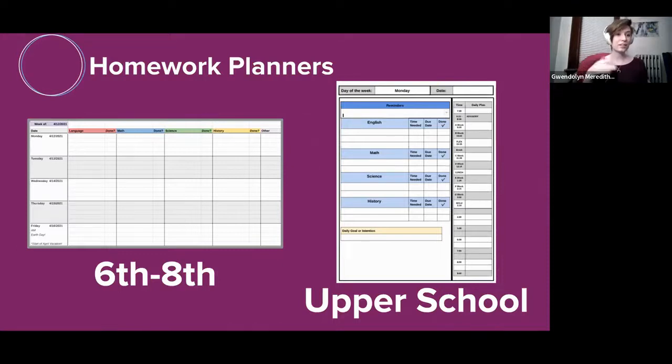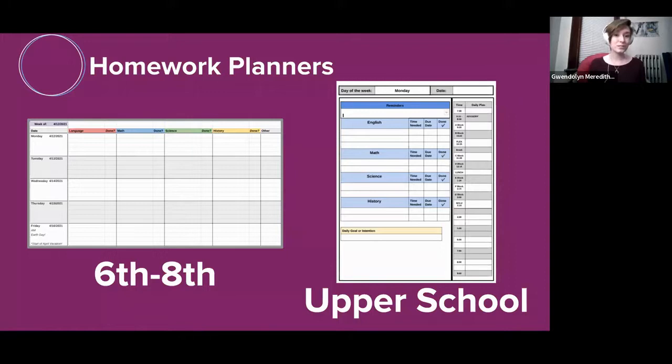By eighth grade, the homework will be written on the board, and it's part of the students' Do Now to independently write down their homework assignments. Students who show that they're completing their homework assignments independently might not get a homework planner check because they're at that level where they're independent. Other students who might need a little bit more support with planning and organizing their homework materials would probably still be getting those independent homework planner checks.